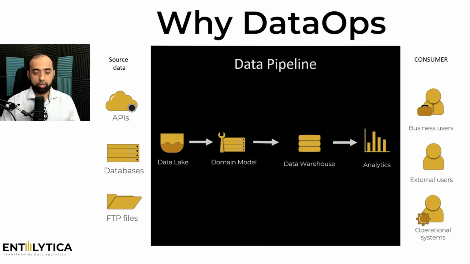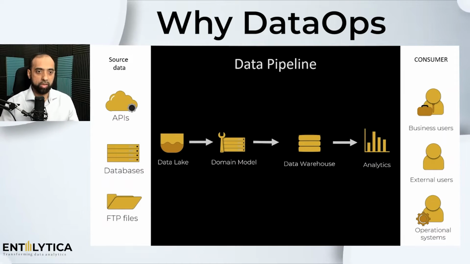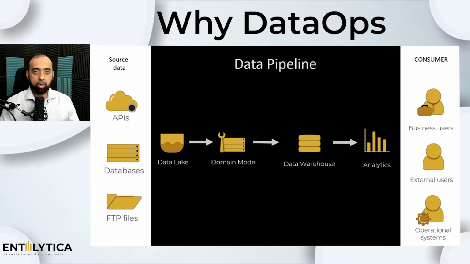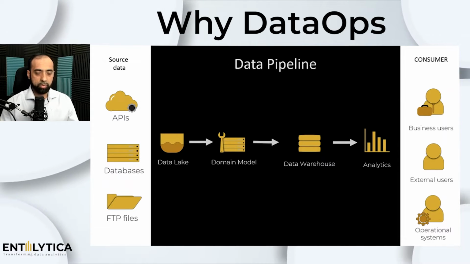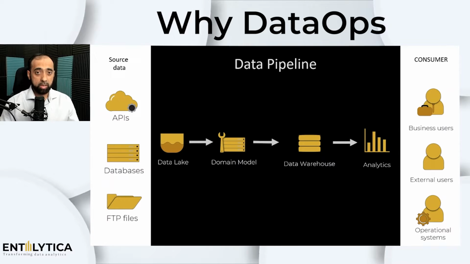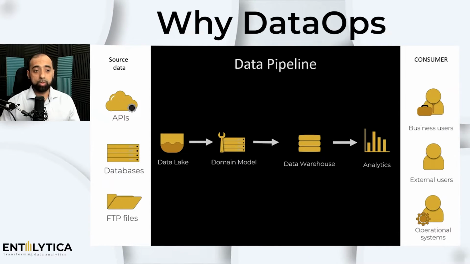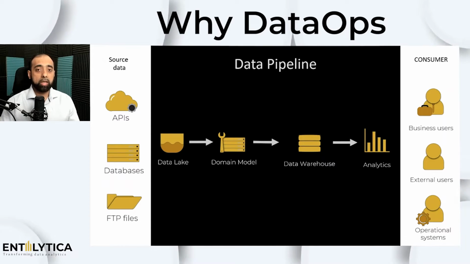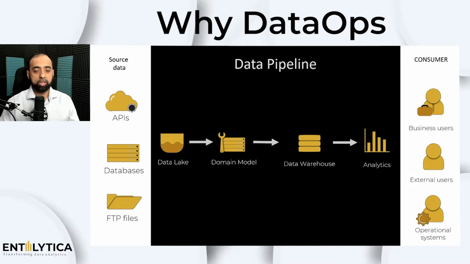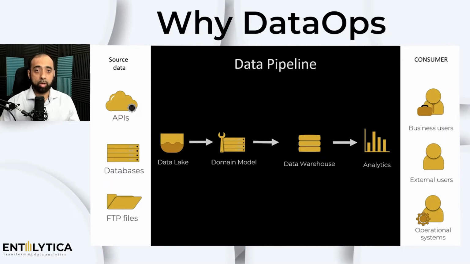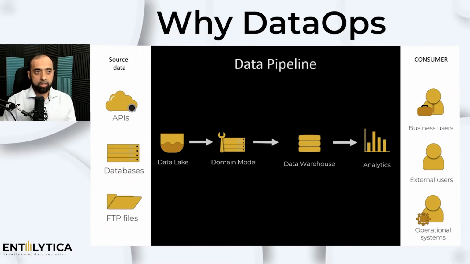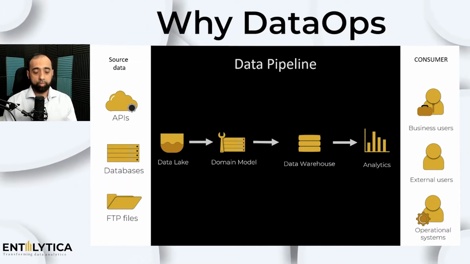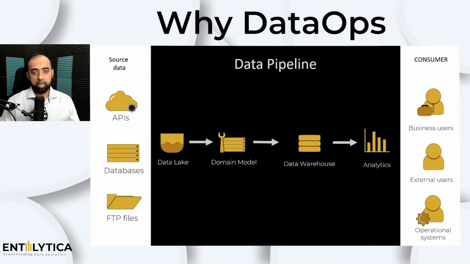Also, data quality becomes a problem because now we have competing definitions of what a data attribute might mean. Different business users would have a different definition, and also because of the complexity of different sources using data at different stages, that also adds to the problem. And of course, you have a lot more sources coming in, and making that data homogeneous is of course a big challenge, which adds again problems to the data quality. So all of this, in short, is scaling problems, and that is where DataOps now comes in.